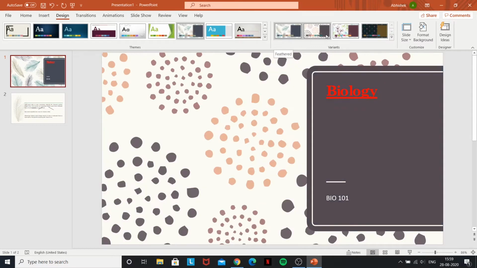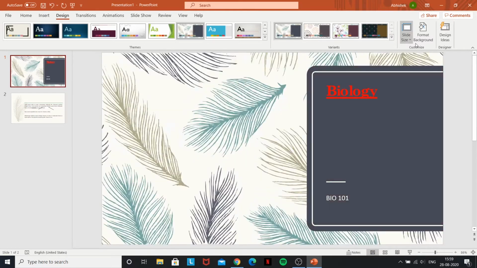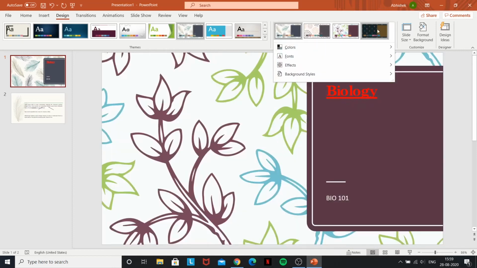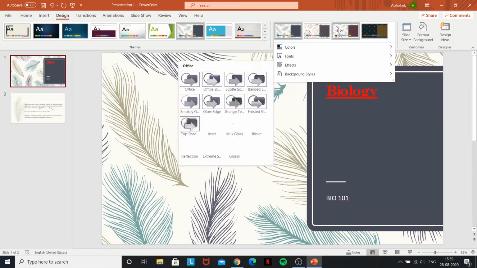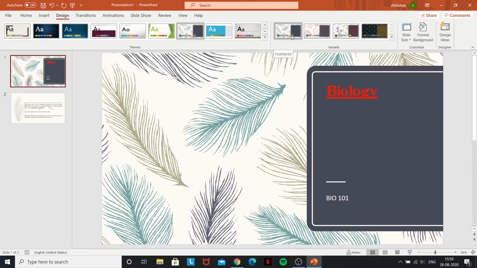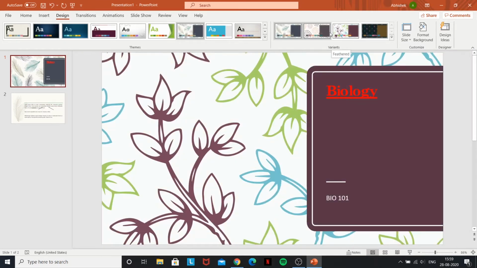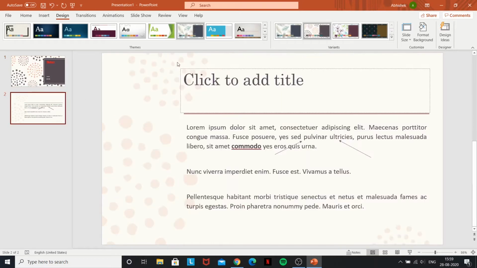So this is one variant, this is another, this is another. And if you push the drop down menu, you get all the options, the different color schemes that you like, and so on. So if I like this one, I can go for this. I say I like this one, and it automatically changes the rest of your tabs. So this design tool is very good in choosing a theme, and it will edit the entire PowerPoint. So even if you have, say, 20 slides, it edits everything for you.